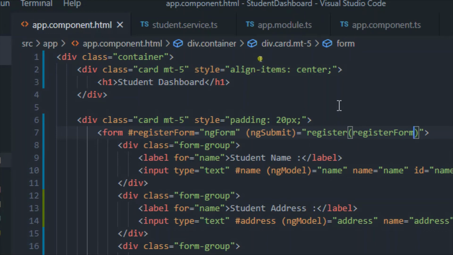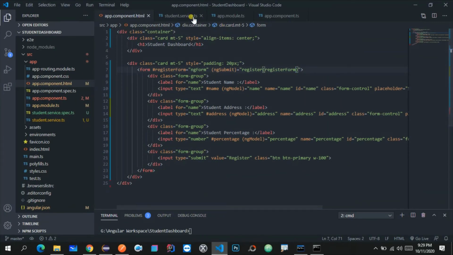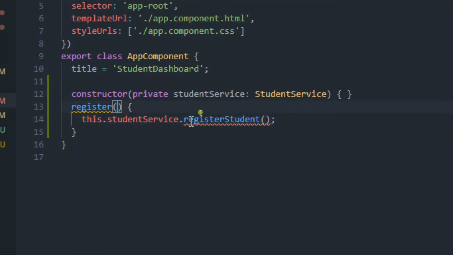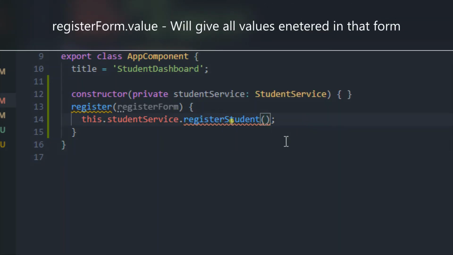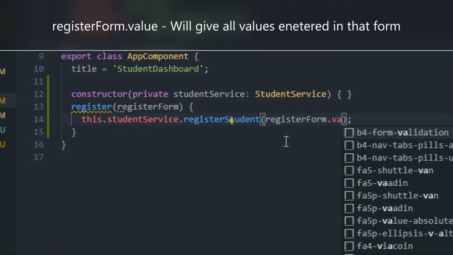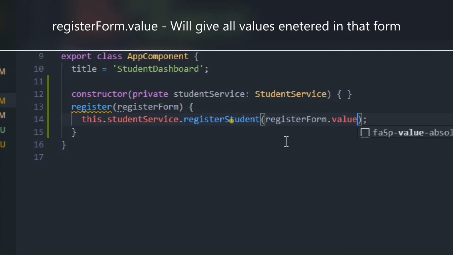Now let me come to this app.component.ts. Let me type register form here again, and over here let me type this register form dot value. So let me tell you why we are just taking the value, because this register form will contain different data about that particular form, like whether it is touched, whether it has any errors, whether it has any other properties.